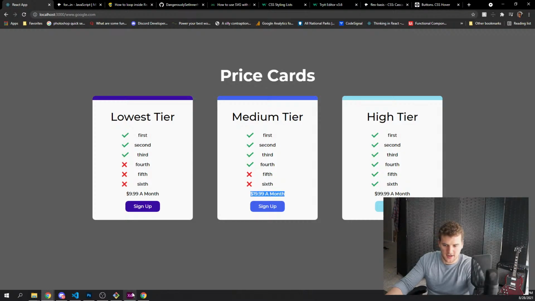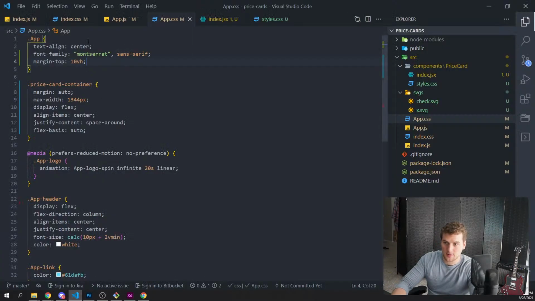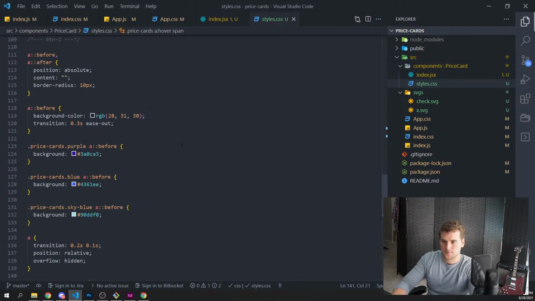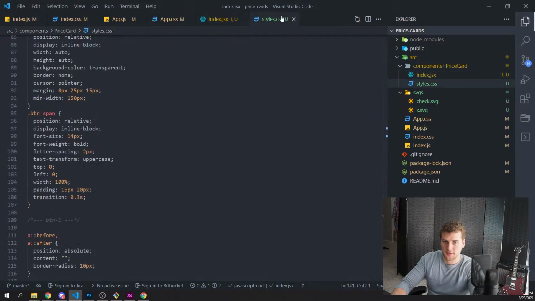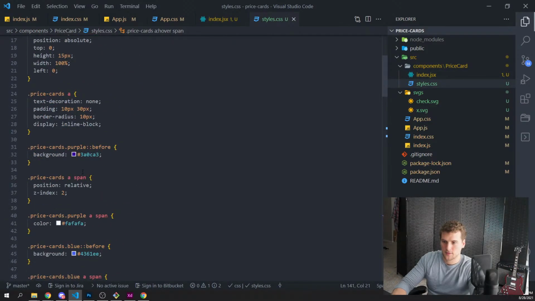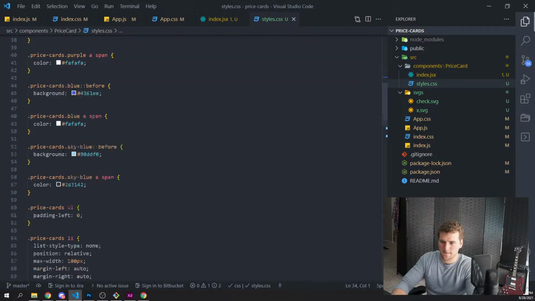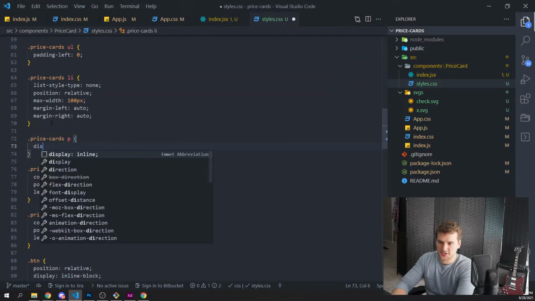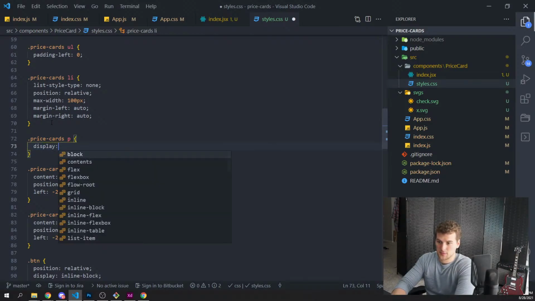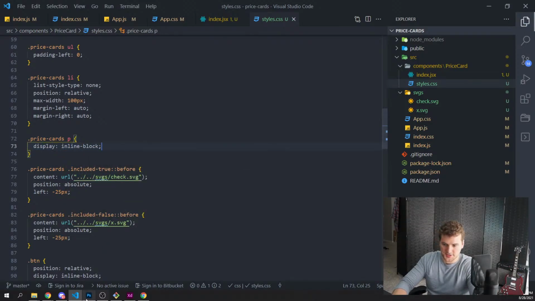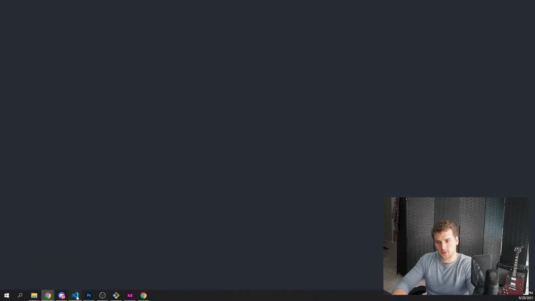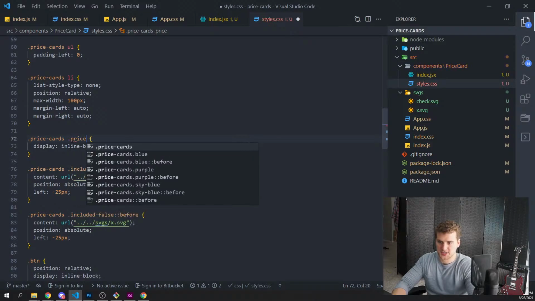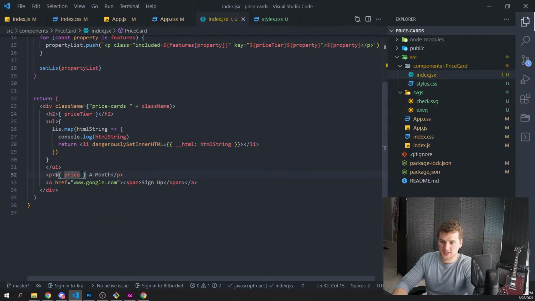Maybe give those a little bit more padding on the top. So let's go to style CSS, and then, what is that? That's a P tag, right? Yeah, so we'll just grab, am I targeting that anywhere? I don't think so. Down here, we'll just do price cards P, display inline-block, and minimize this. Right, we're using P inside of the LI, so we'll change this to a class called price and go stick that here.